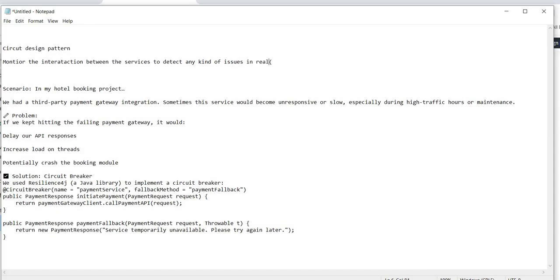in real time. Basically it will detect any kind of issues in real time. In my case, this is the project which I have implemented. You can include your project name. In your situation, say a hotel booking project, you can tell that there is a third party payment gateway interaction,